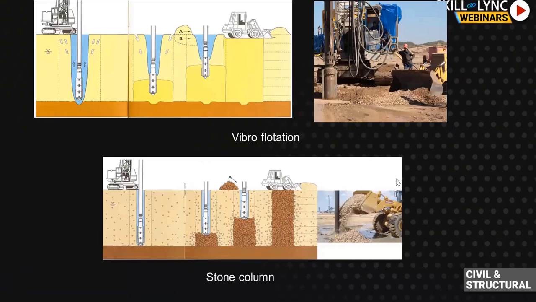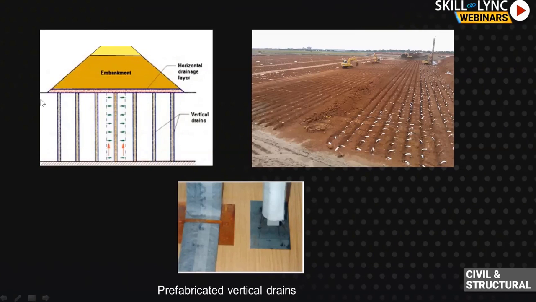But for cohesive soils, you have to use the preloading method. You install vertical drains. Vertical drains are nothing but a geotextile sheet with some holes in it. Through these holes, your water will try to pass, and that will dissipate your pore water pressure. By dissipating the pore water pressure, consolidation will happen, and your ground will settle due to the embankment load. Once you install these drains, you can also place an embankment load, a kind of soil load, or put concrete blocks on top to ease your process very quickly. These are called prefabricated vertical drains.